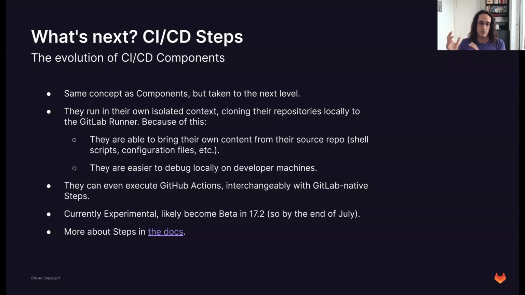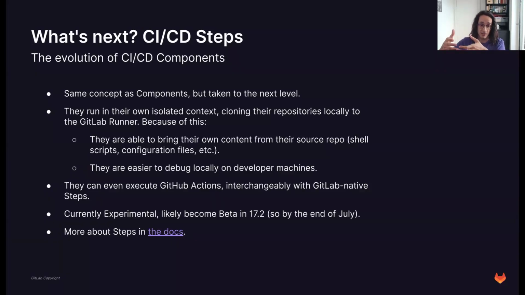With steps, it's changing much more, because contrary to how a GitLab pipeline or a template or a component is executed, each step is executed in its own isolated context. Essentially, each step, much like components, will have a repository where they are stored, the configuration.